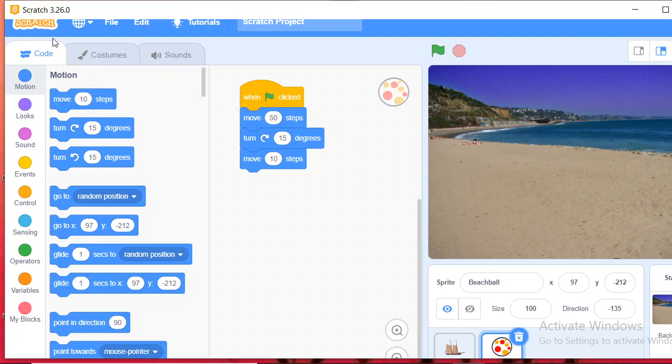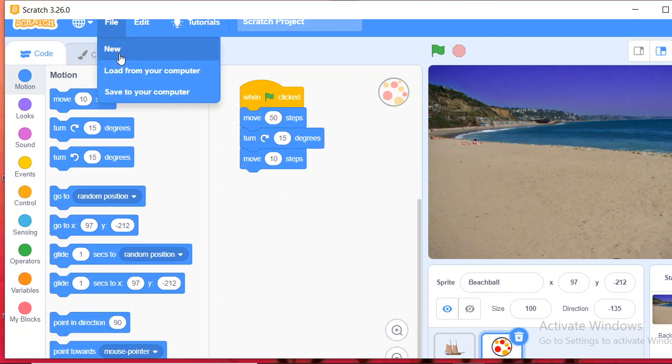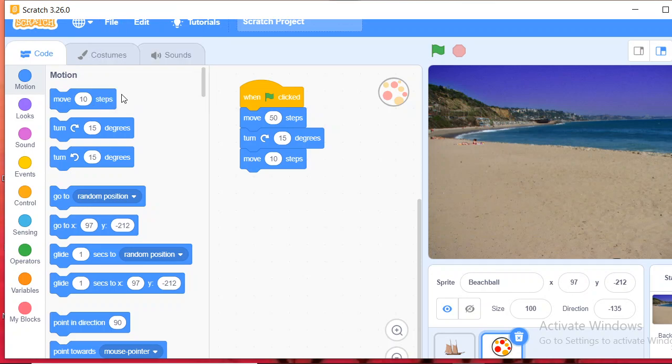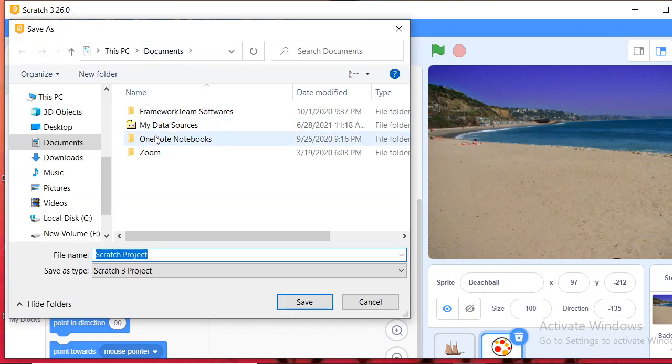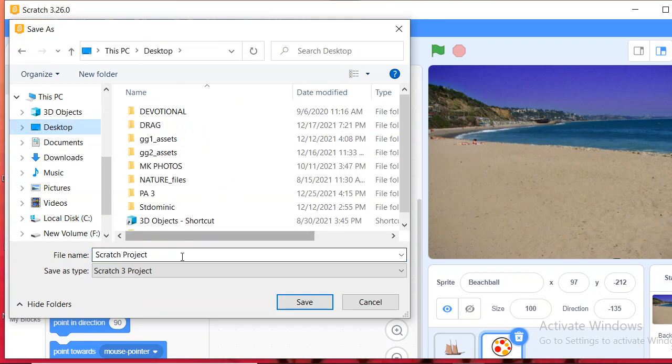To save this project, go to the File tab and select Save to your computer. Then we can give a name also. We can select the folder; I selected Desktop here. Scratch automatically gave a project name. Now I gave it as sample.